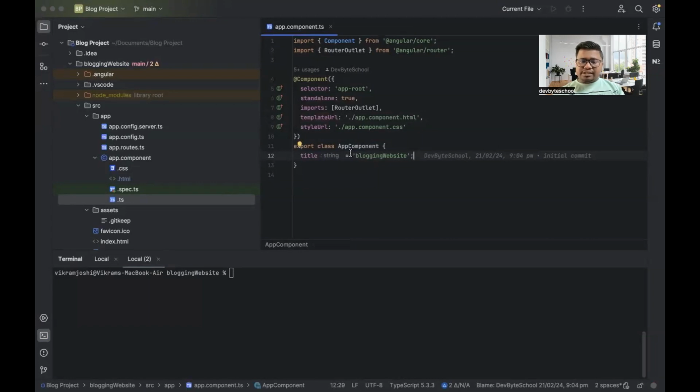Inside this class, we can mention the constructor, on init, on destroy, on changes, all the life cycles we can implement inside this. We can define multiple properties, multiple methods that are required for our current component, and the main logic consists in this class. And whatever data we are calling in this TS file, we are passing that to the HTML